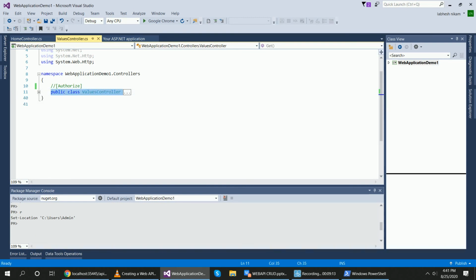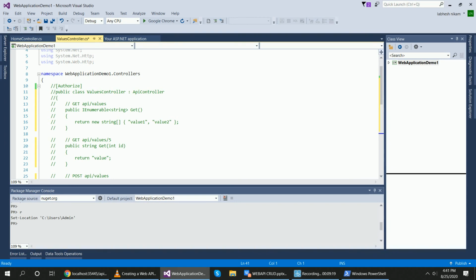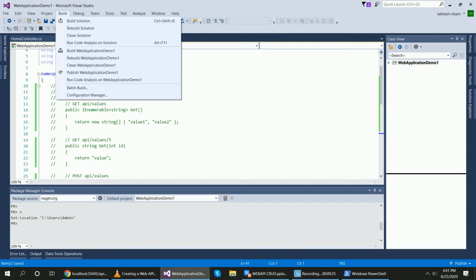Select all the code, Ctrl K C, right? Now I have commented all the code. Now what happens if I do this? Save, build.